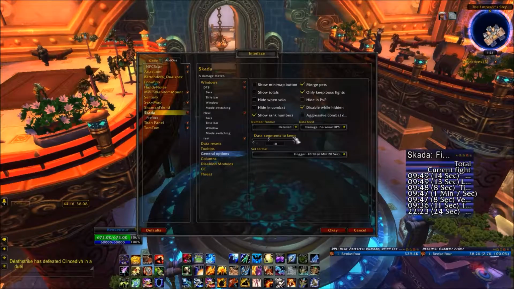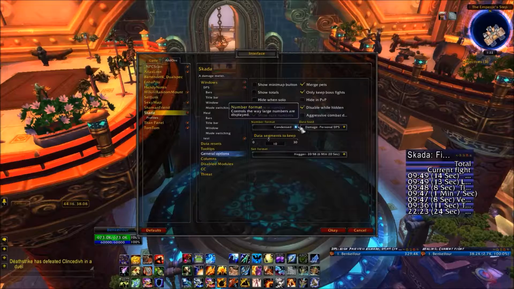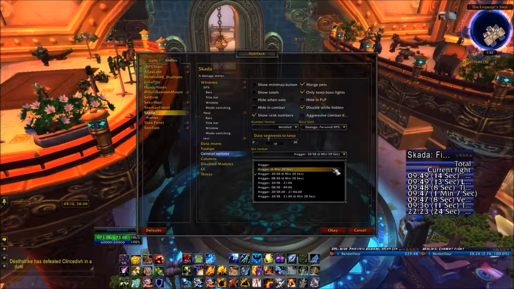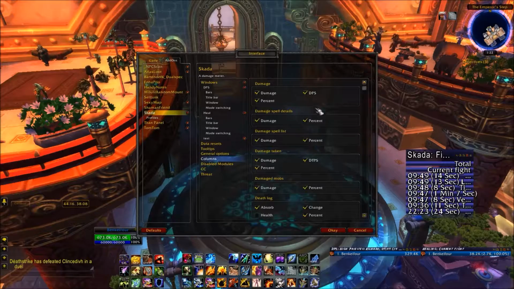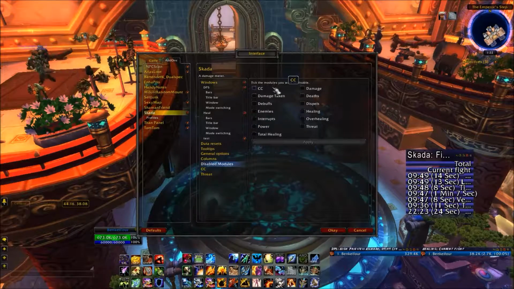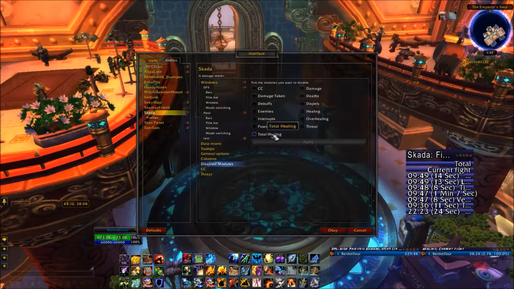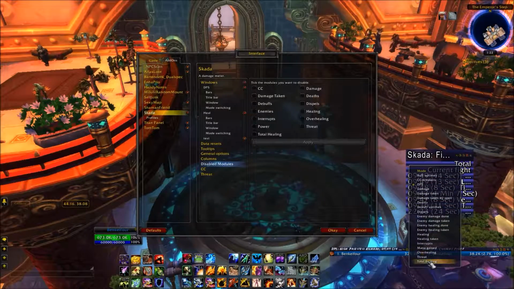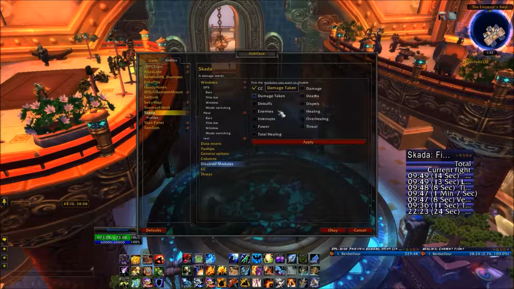So here's the format of how it looks. You can set certain columns for what you want each one to do. Damage, displaying. You can disable certain modules. So if you don't want to see them, you can disable them, and that way they don't show up in your list. So for example, I've got my mode here. It shows all the different modes. I can actually disable those if I don't want to see CCs. I don't want to see power,